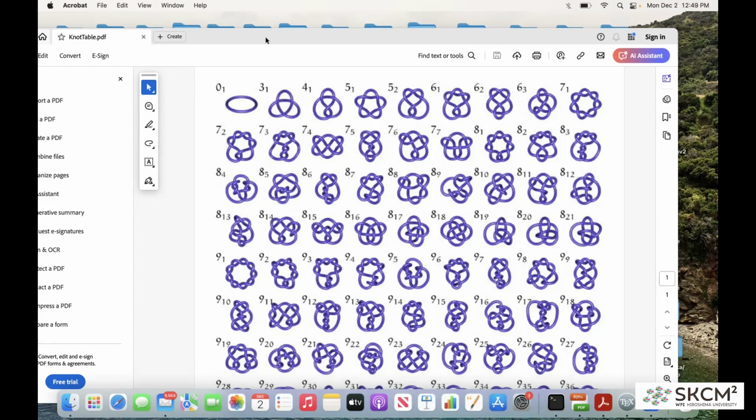So, in the interest of doing something in the last few minutes, let's discuss that. There's a good deal more I want to say about the bracket, but let's talk about how you would make a computer program for this. So if you have a knot